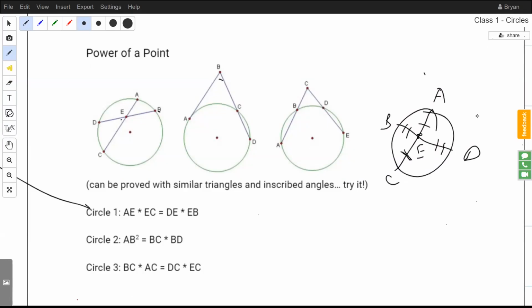using similar triangles and inscribed angles, as I have shown that these are vertical angles, and just angle CBD and angle CAD both face this arc right here. So these angles are also the same. So once we have that, then we can just use the ratio of the side lengths from similar triangles to